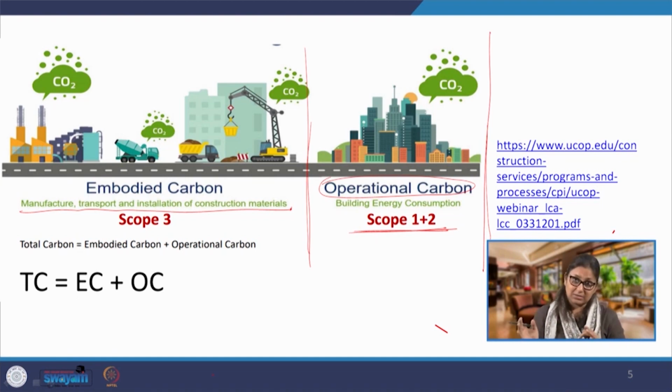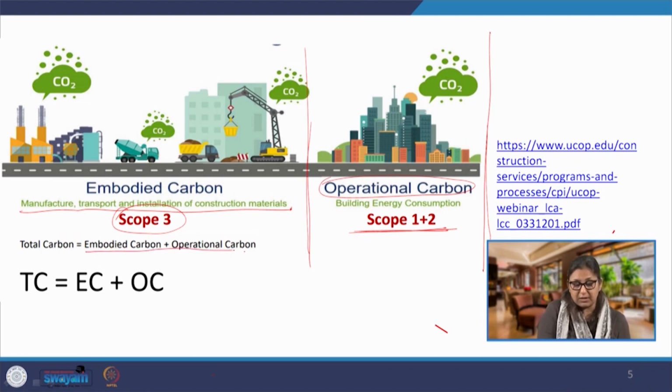All these are sometimes upstream, and sometimes, when the demolition phase, the end of life phase of the building is there and we are demolishing it, there would also be some emissions that will be attached. All this is going to be scope 3, largely upstream and some of it in the downstream. Overall, these emissions are going to be known as embodied carbon, and they are going to be part of scope 3. The overall emissions from this building life cycle, the entire value chain, are a sum total of